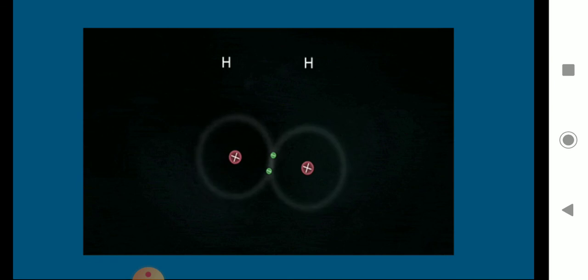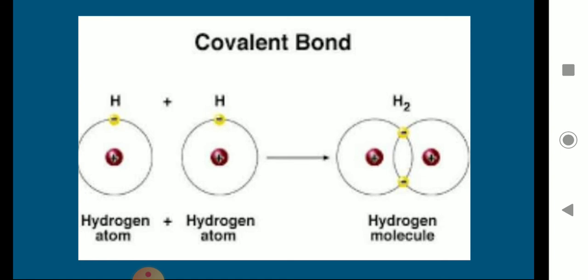So if another hydrogen atom comes, what will happen? They will share their electron. See what happens here. In both of their orbits they will receive these 2 electrons and they will share these electrons and keep on happily. So this type of bond which is formed because of sharing of electrons is called a covalent bond. And the first type that we have studied is the ionic bond. It is formed because of give and take of electrons, and a covalent bond is formed because of sharing of electrons.